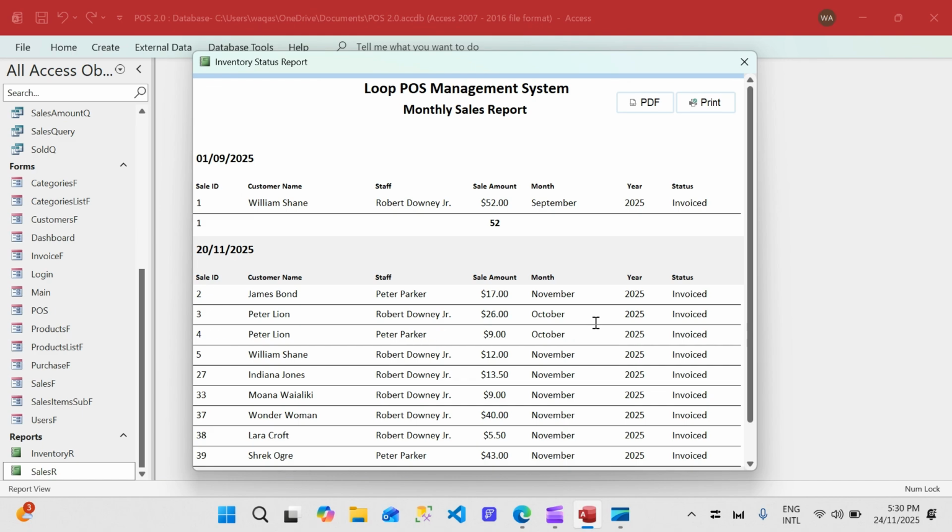Now, before I begin, let me explain what we are going to do. In this video, I'm going to make a little modification and enhancement in this report, and also I'm going to ask